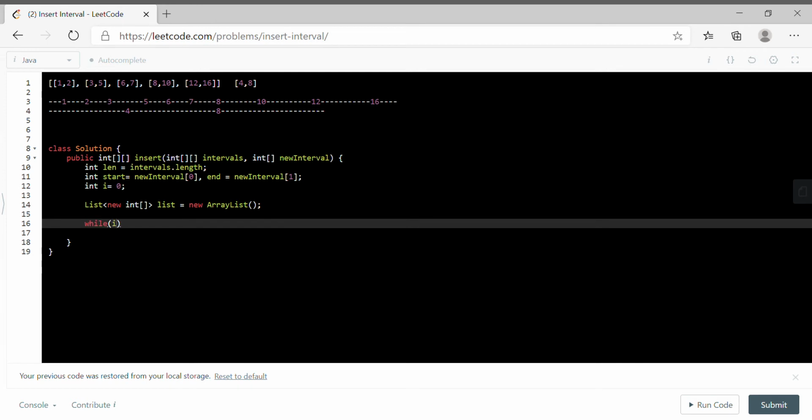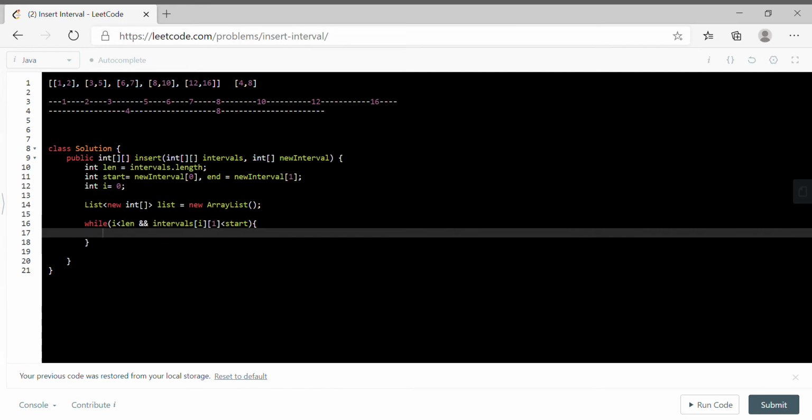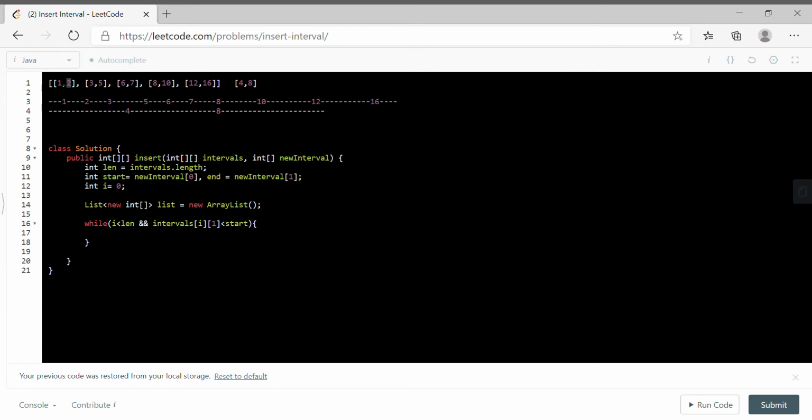While i is less than length and interval of i of 1 is less than start, right? What I mean is, interval of this index of 1 is less than the 4, it means we have to include it as it is.